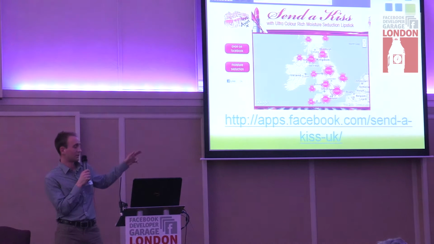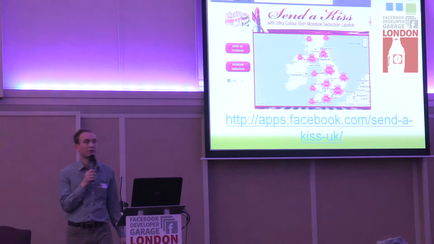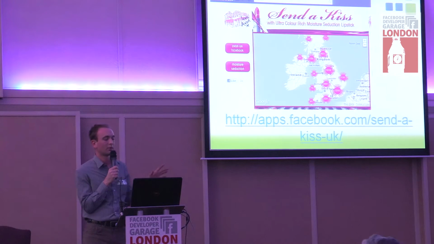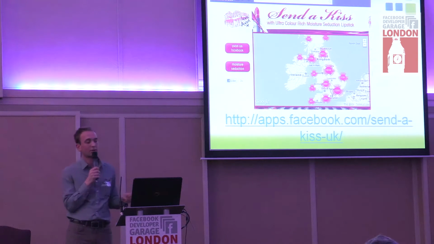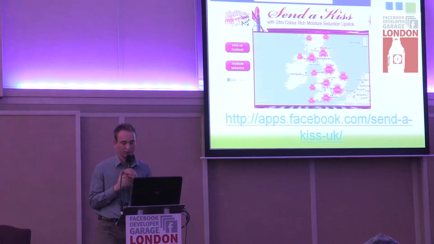So you could just visit the app and see how the clustering works for the location markers and everything. In this case, the digital agency has used the APIs we provide to create a Facebook app where users